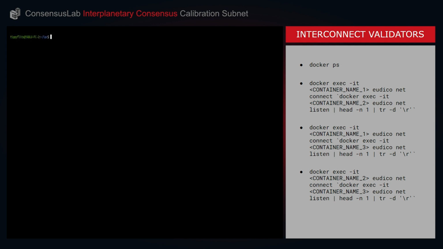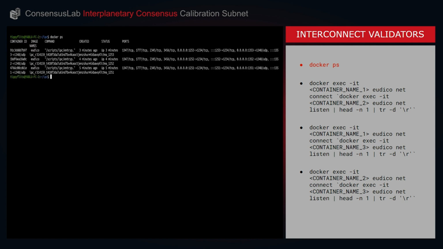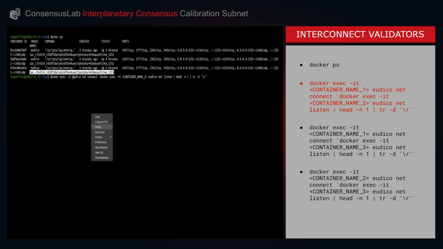We are now going to interconnect our validators. I find it useful in this section to run a simple docker ps to list all of our validator nodes, and we can then interconnect each by using the following commands. We will be substituting the placeholder names with our container names, which you can see in the docker ps list above. So we'll use docker container name number 1, which we can copy there,